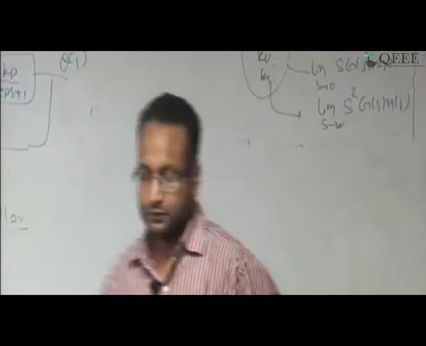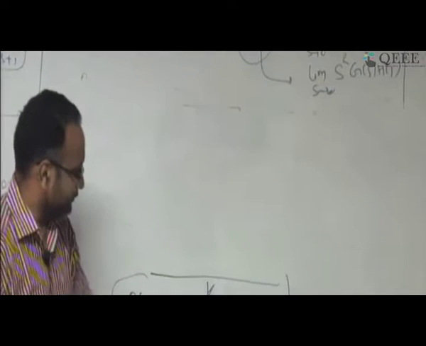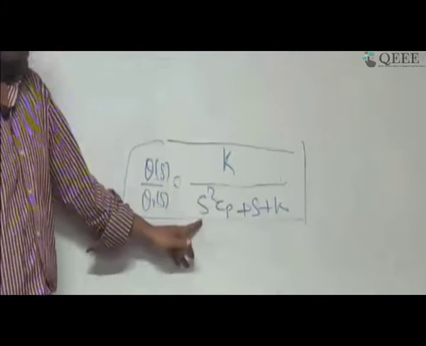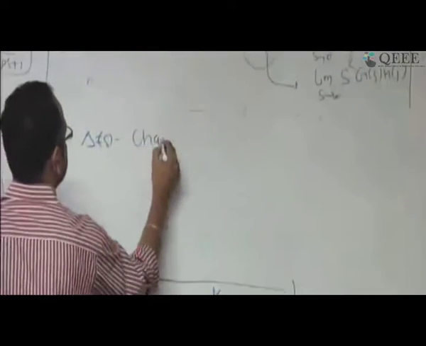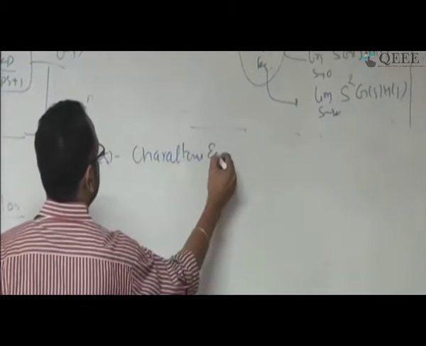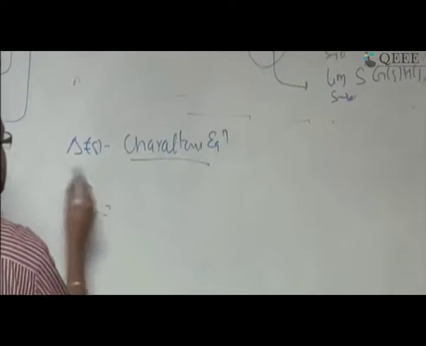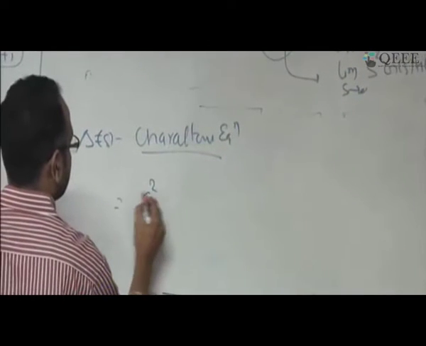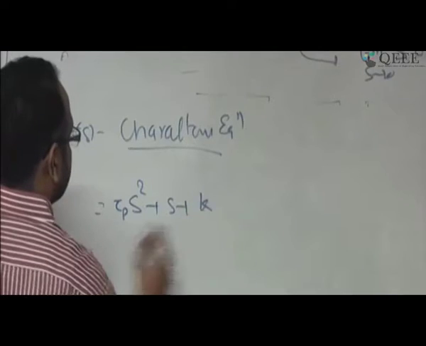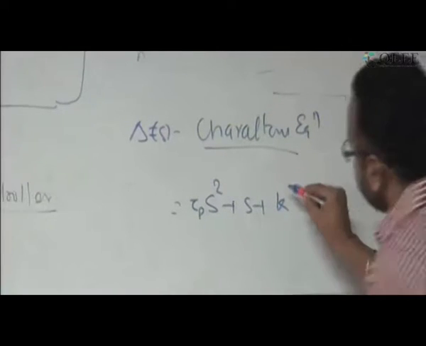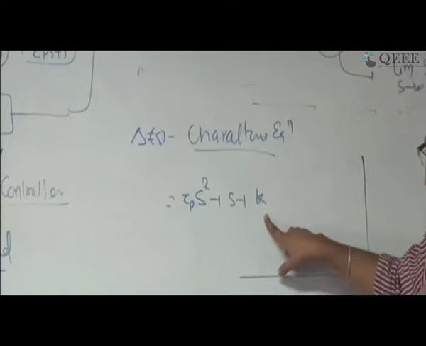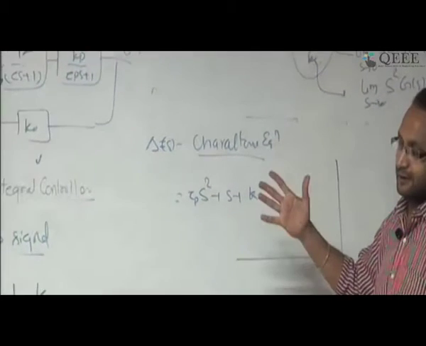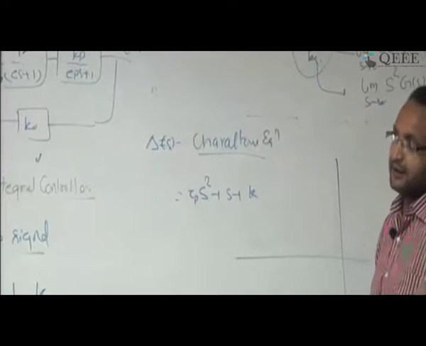to understand the loss, now look at the behavior of the roots. This is my denominator, so my characteristic equation is this. Like this is my transfer function, and the characteristic equation is s square tau p plus s plus k. This k term consists of the multiplication of all the gains, including ki. So that's why this k is varying. I want to understand what will happen when I vary the ki.